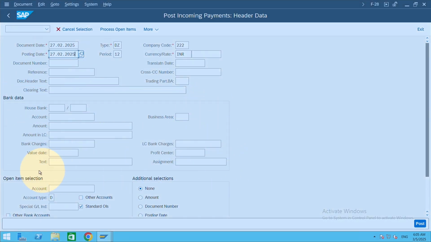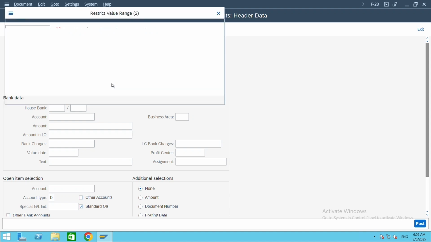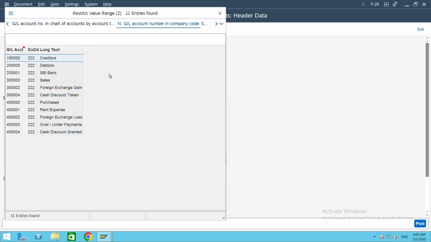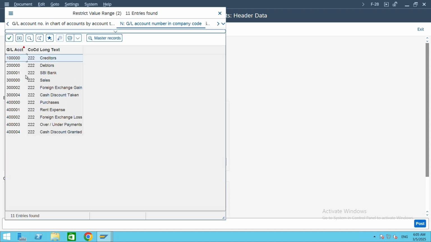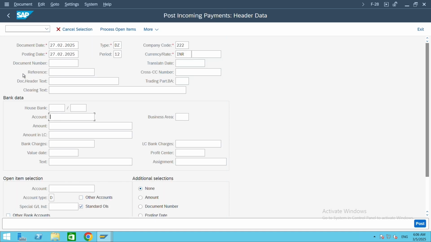These are all bank data. Here you can see the box for bank data. These are all the fields related to bank. So in account, select the bank, to which bank account you are receiving the payment. Select 200001 SBI Bank,